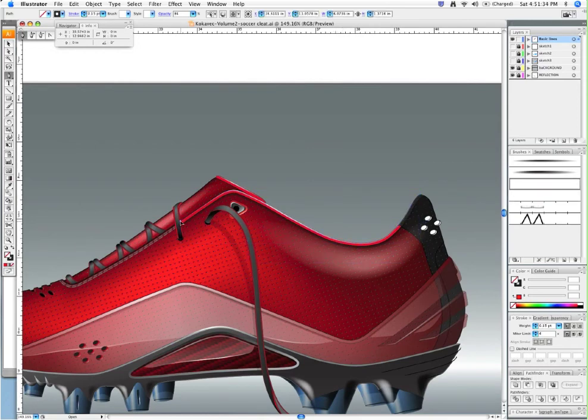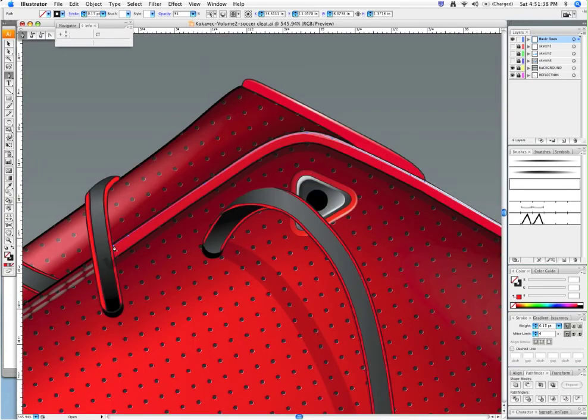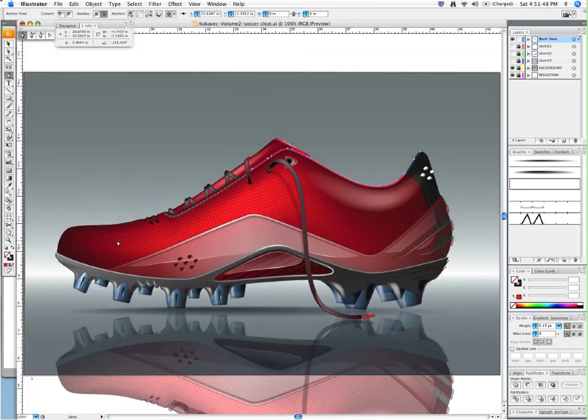And select here. There we go, we have a nice little highlight here. You have your lace, you have your reflections, shadows,